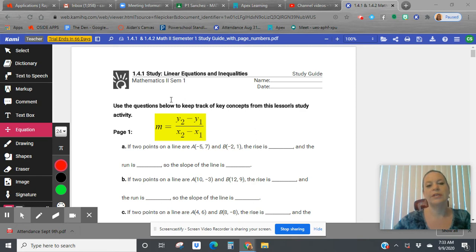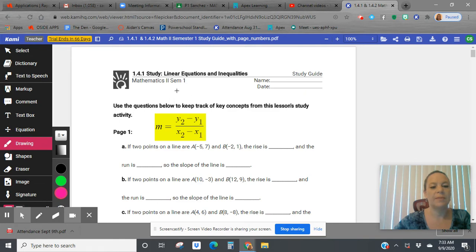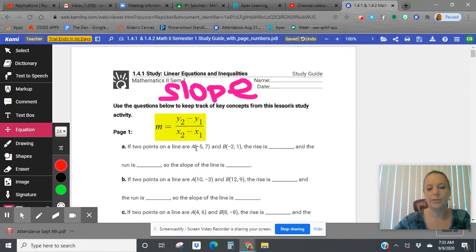All right, here we start section 1.4, and this entire chapter is going to be talking about slope of linear equations. So something hopefully that you do remember from Math 1, here we go. If 2 points are on a line, this point and this point, it's an x1, y1, and an x2, y2, then the rise is blank and the run is blank. So we're going to be using this formula over here to plug in and go